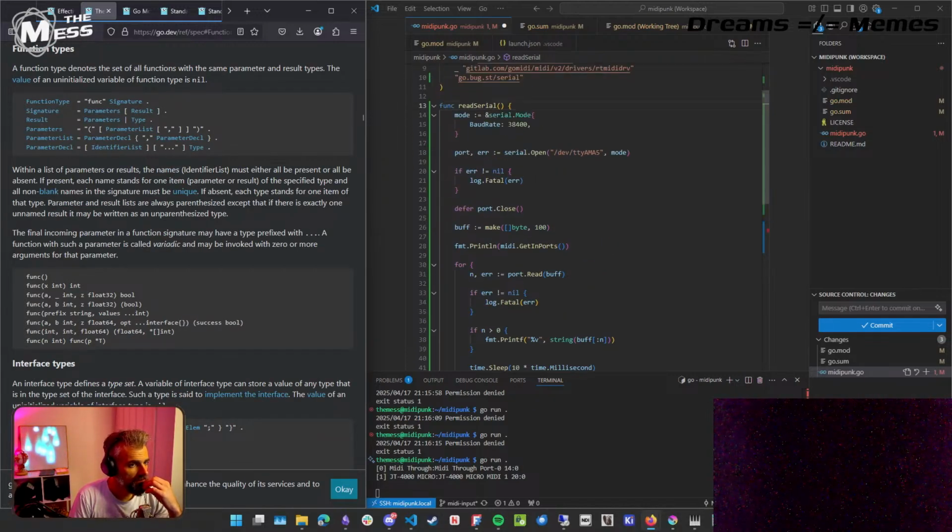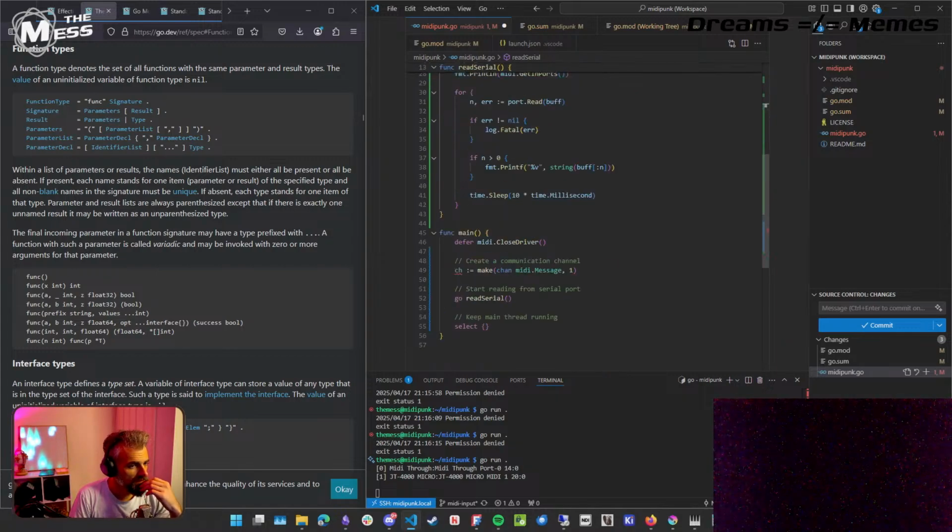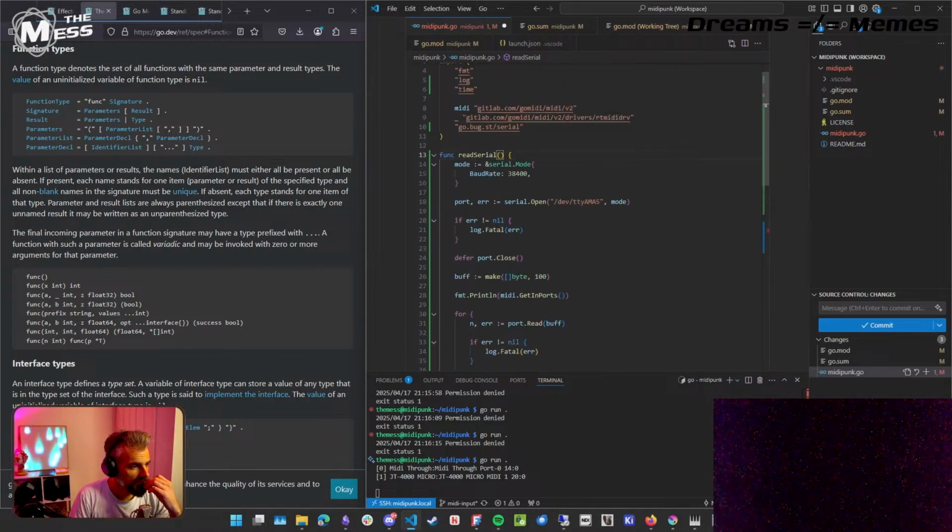Right. Func read serial. That's a return type. If there is exactly one unnamed result, it can just be written without the parenthesis. All right, read a